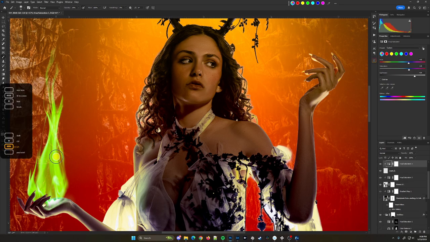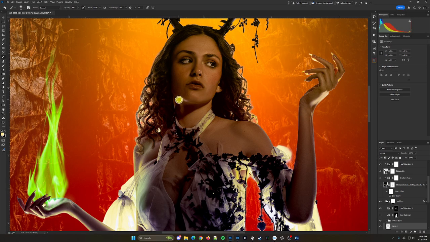Let's see, which one of these? Alt? This one's Alt. Okay, so if I pick this color, no. Why is it yellow? Okay. And then now, zero hardness, just make it nice and small and just kind of paint through there.